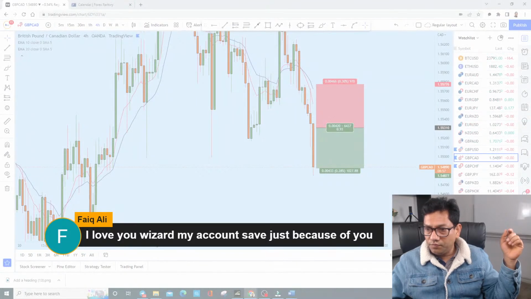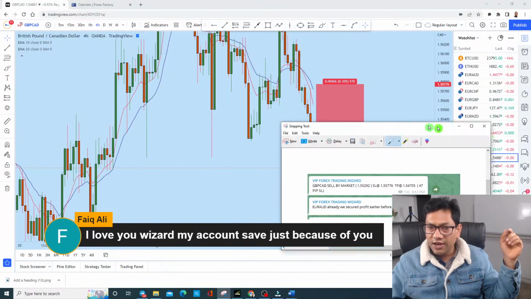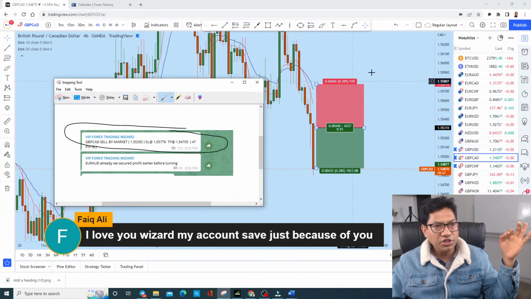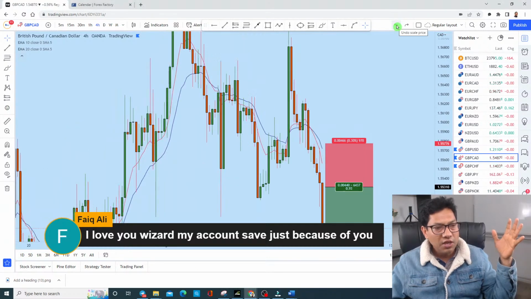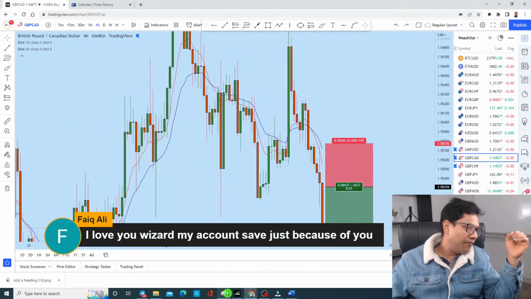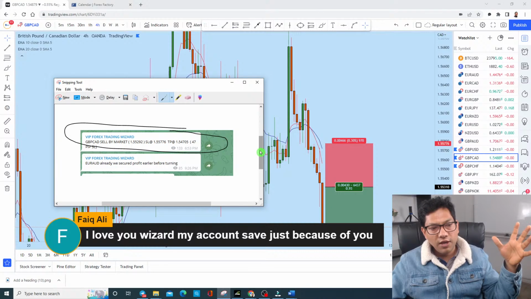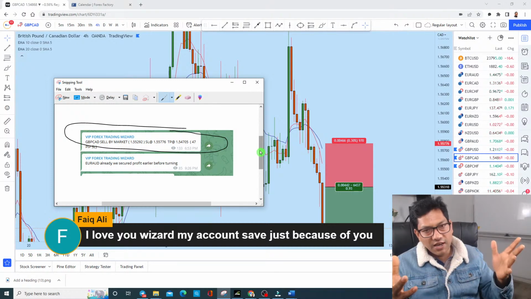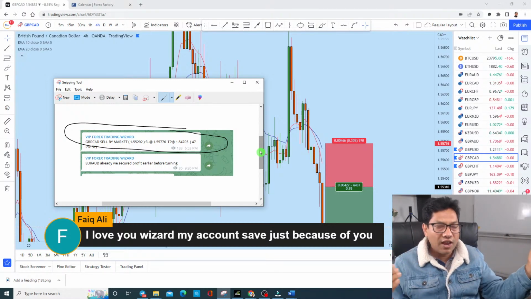This is the trade that I have sent out today to our VIP students with clear explanation. This is how my strategy works. Most of the time, you will find the trade is working out, and that is the specialty of Forex Trading Wizard Academy. You have seen the analysis, you have seen live proof in the live trade.